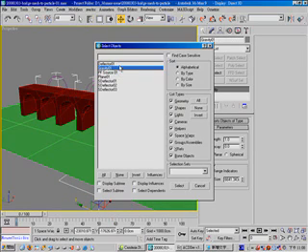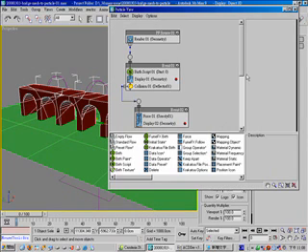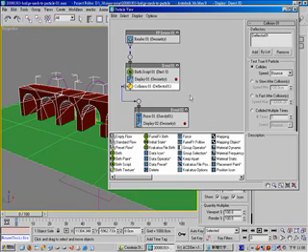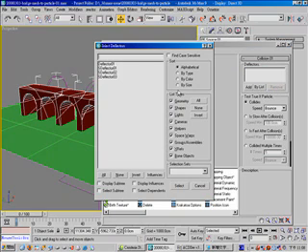So now select your PF source and go to particle flow view, and now change your deflector. We don't need this deflector, so we remove it and add those 3 S deflectors,